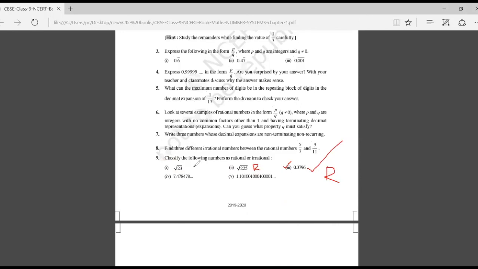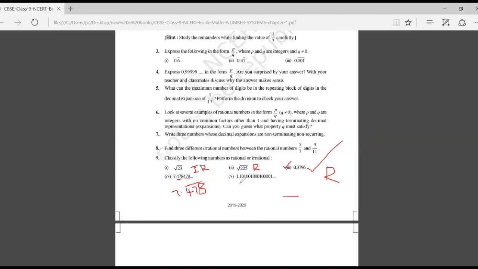Can I tell the fourth one? Yes, Shivang. The fourth one is non-terminating and repeating. Hence it is rational. 478, 478. That means 7.478 bar. Very good, Shivang. 478 bar. Today we start learning how, when a bar is there, we can convert it into a rational number. So this is a rational number.